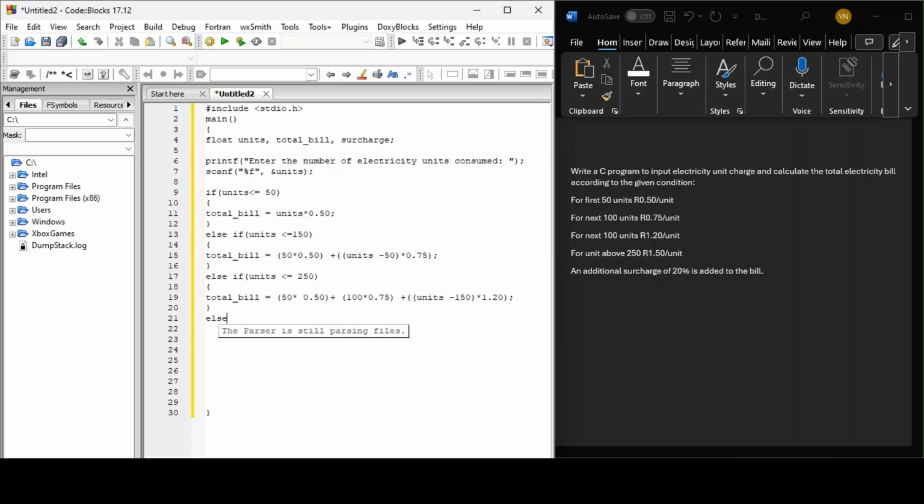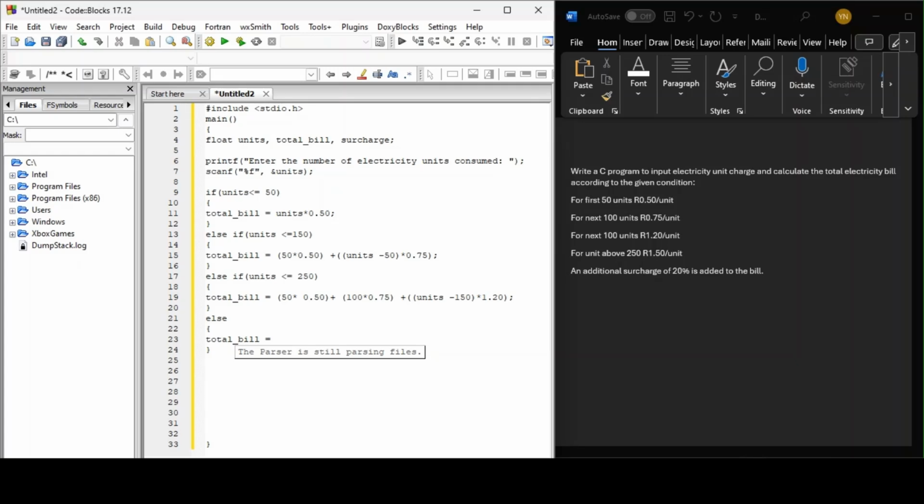So you say else, you open the brackets, and you say total bill, not just bill, because we have written total bill in there. You don't say bill unless you have written bill in here. Say total bill, just like you wrote in here. Total bill